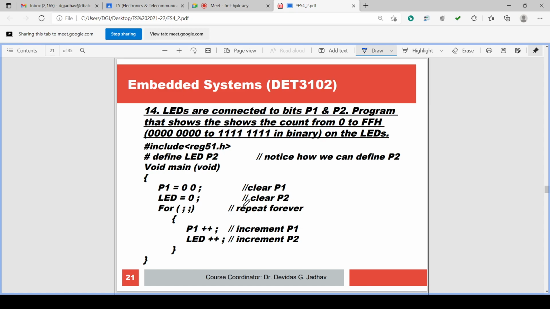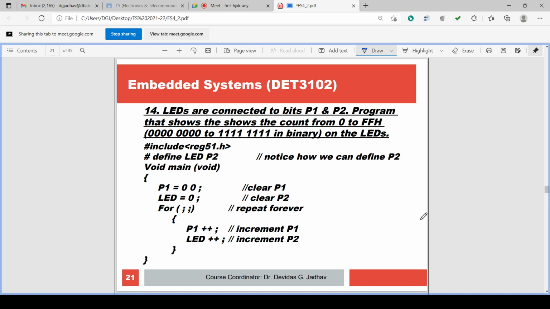Okay. Now for the time being we are simulating, which means we will check the empty window and the tick in the window. As the LED is off, the LED is on, isn't it? So what should the program be in this case? Here we are assuming port P1, 8 bits are there, 8 LEDs are connected.